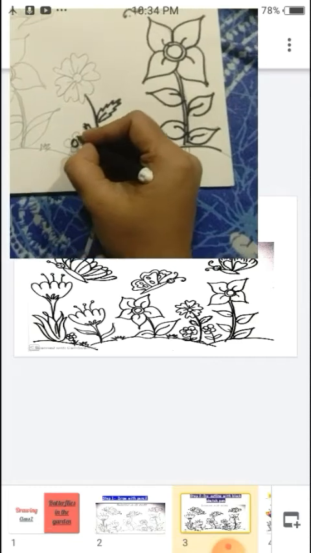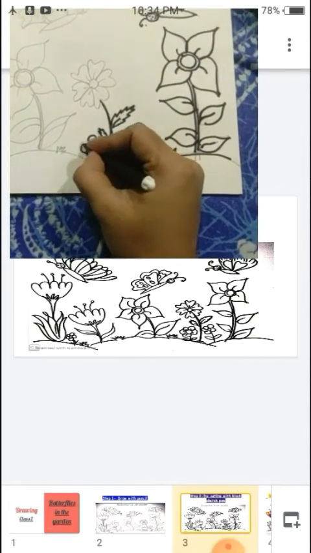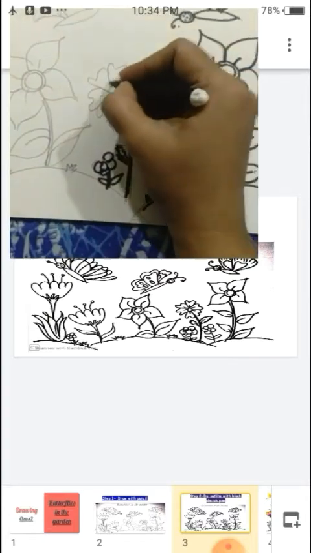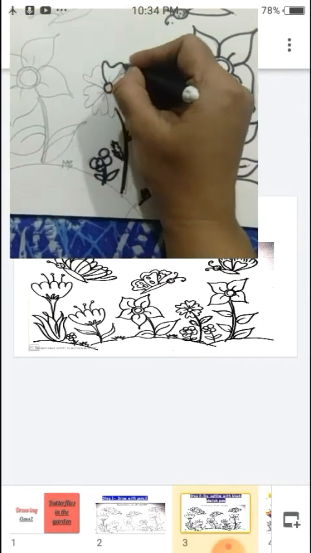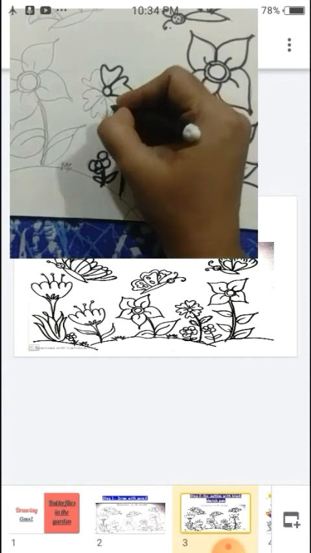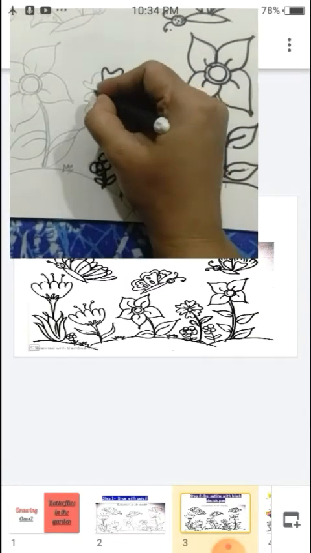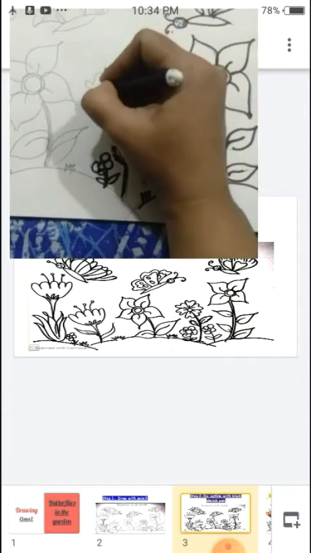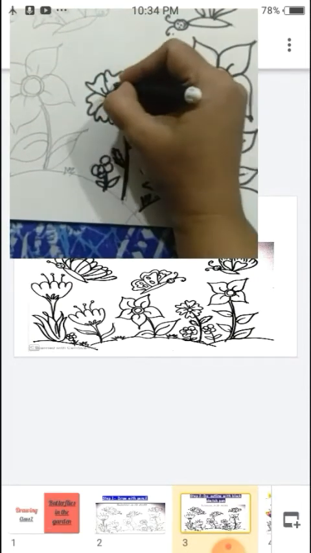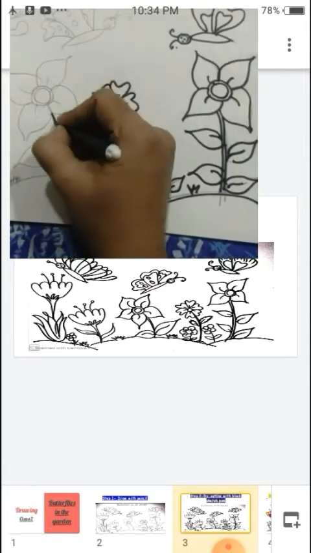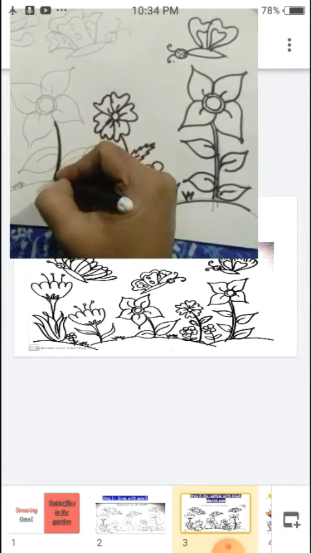Okay, now a flower, a small flower. Any flowers you can make. You can make rose, lily, sunflower, any flower. Okay, in a garden you can see different types and different colors of flowers. Okay students, marigold, shoe flower, hibiscus, any flower you can make.